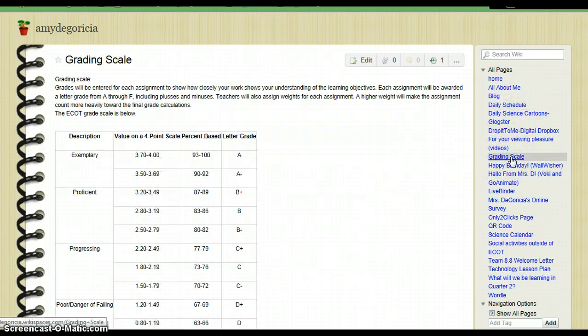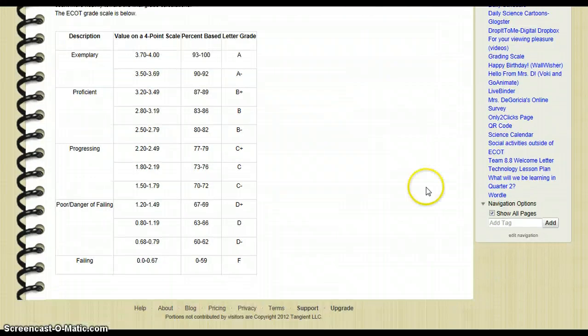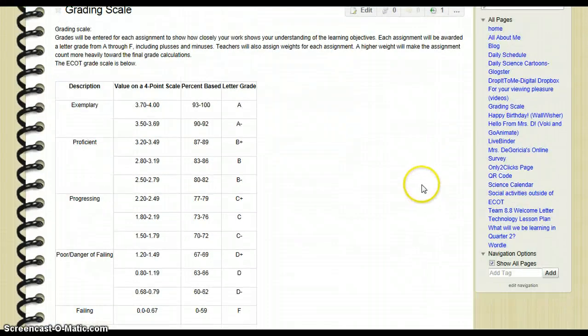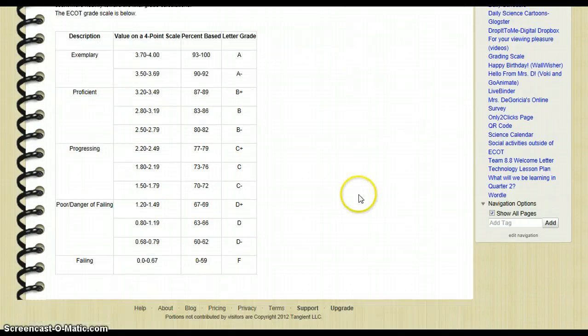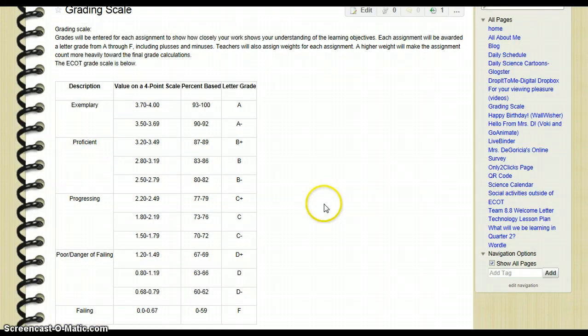Also, I have our grading scale, which of course is very important to all students. This just shows you that we run a 93 as an A, well, as A minus or A plus, 90 really to 100 is an A, and so on and so forth. 80 to 89 is a B, 70 to 79 is a C, etc. I also have